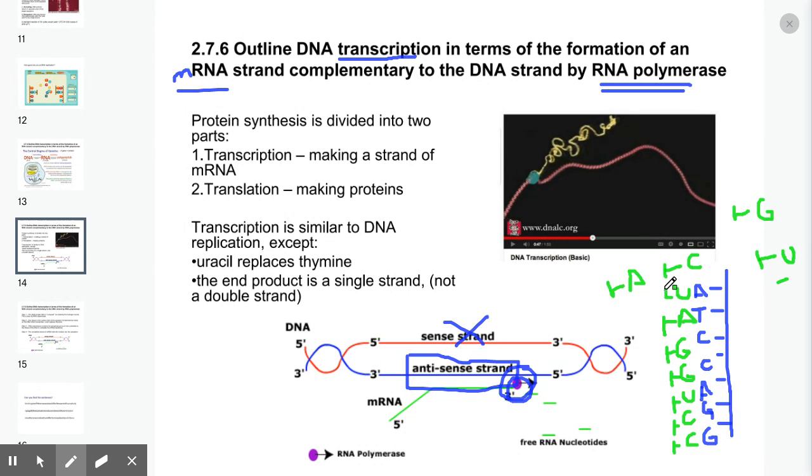And then the RNA polymerase, just like DNA polymerase, not only does it separate, but then it will connect those 5' and 3' carbons. It will connect that phosphate to carbon number 3. So we'll get a solid backbone. And then our messenger RNA is free to leave the nucleus and go find a ribosome. So that's how transcription works.